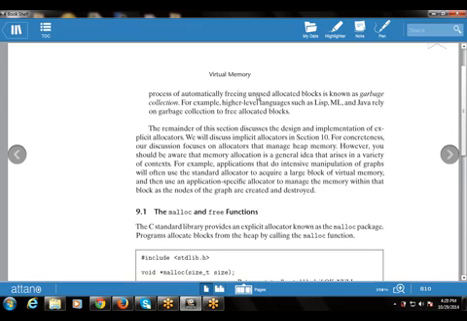So in simple terms, the explicit allocator is done manually, while the implicit allocator is done automatically. That is, it automatically allocates or frees the allocated blocks, which is done by garbage collection. For example, high level languages such as Lisp, ML and Java also use garbage collection to free allocated